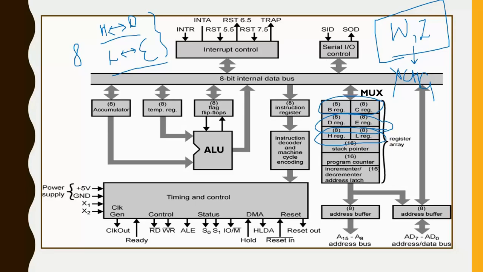So here the temporary registers are used. How? Firstly the contents of H go to W and L go to Z, suppose. In the meantime, the H register is replaced by the D register, and L by the E register. Now the D register will be replaced by W, and the E register is replaced by Z. So I think you have done the swap program in C or C++, right? So this was the thing. So this is all about the 8085 microprocessor block diagram.